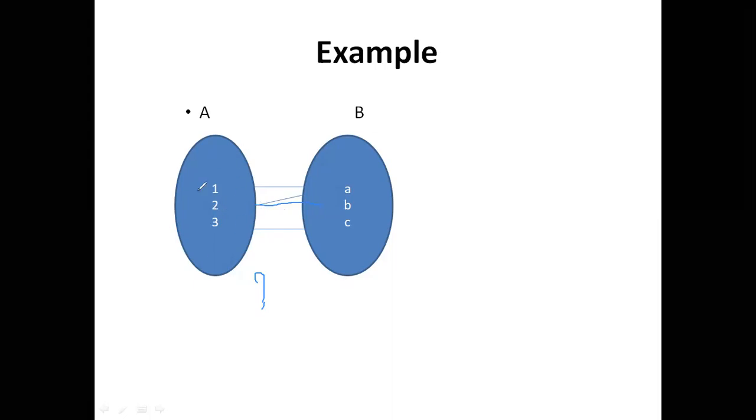then this is not a valid function because element 2 of set A is participating twice, and according to the definition this is not correct, because a relation is a valid function if every element of set A participates with an element of set B only once. That means each element of set A is mapped with an element of set B. So this is not a valid function, right?